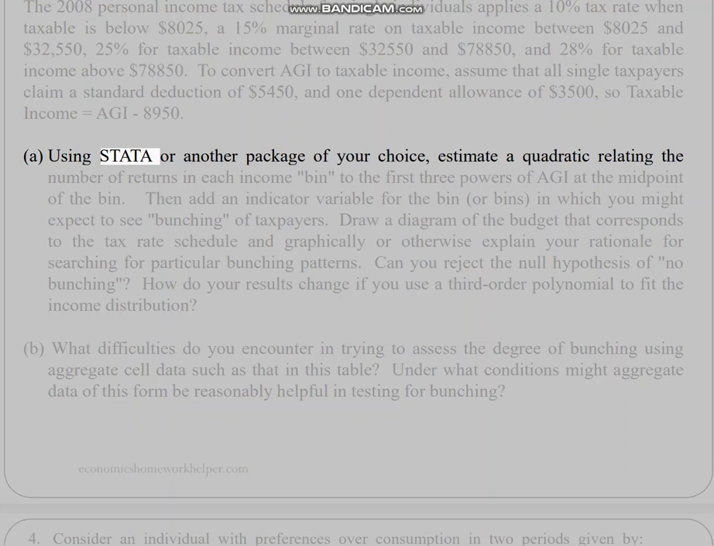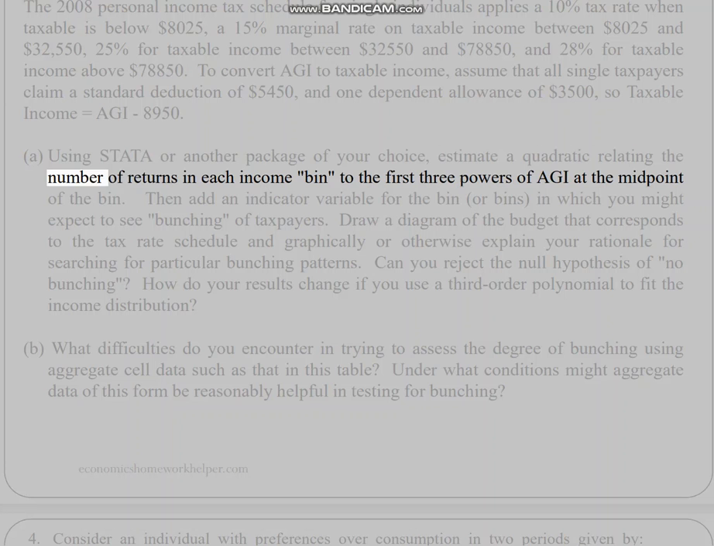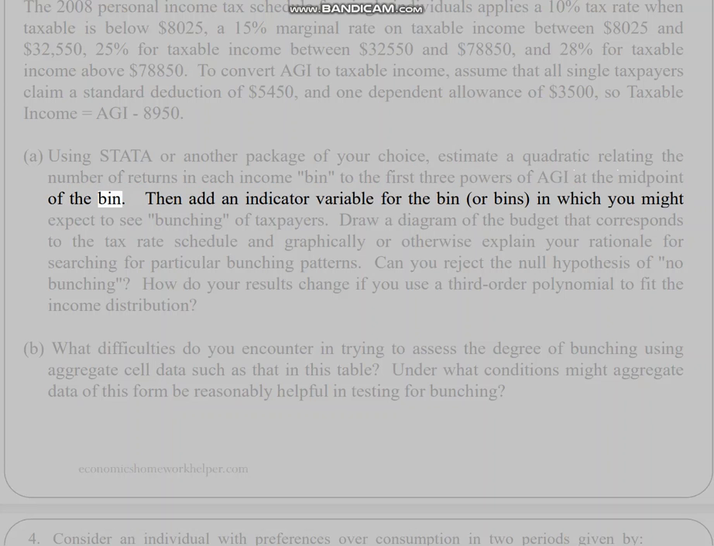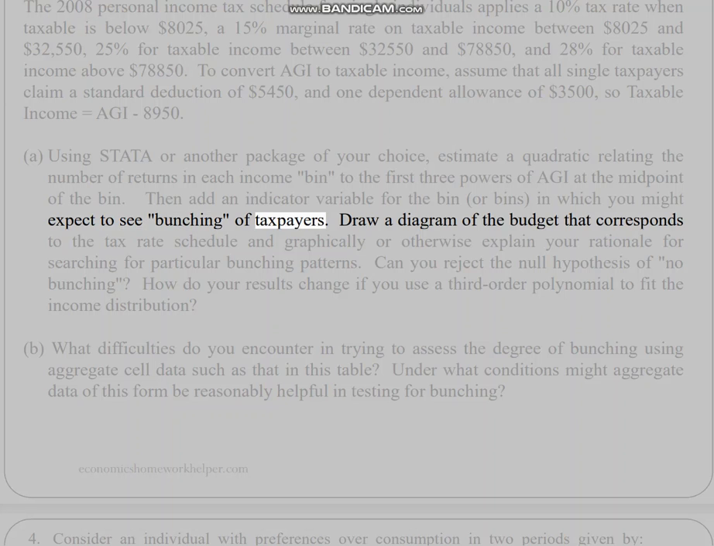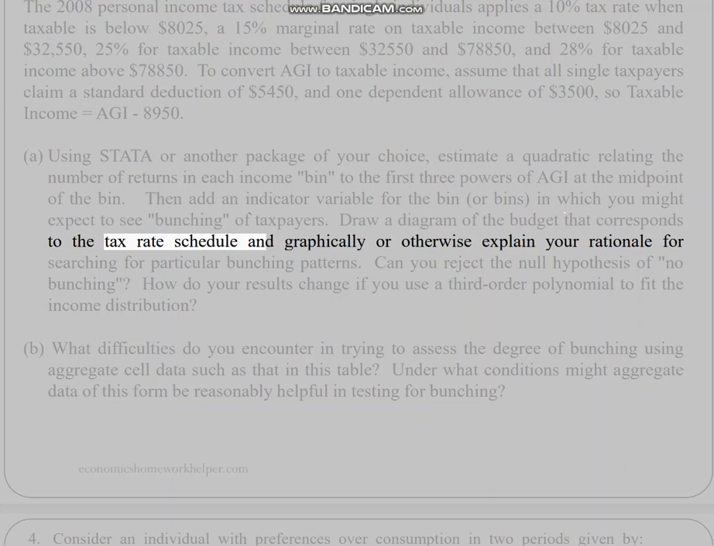A. Using Stata or another package of your choice, estimate a quadratic relating the number of returns in each income bin to the first three powers of AGI at the midpoint of the bin. Then add an indicator variable for the bin, or bins, in which you might expect to see bunching of taxpayers. Draw a diagram of the budget set that corresponds to the tax rate schedule and graphically or otherwise explain your rationale for